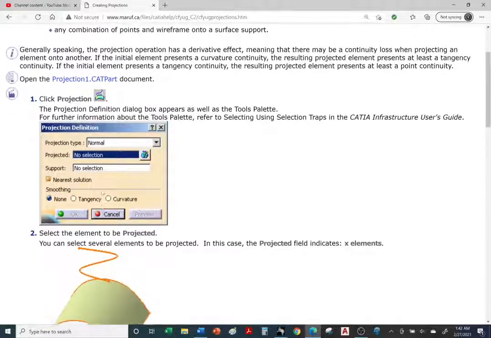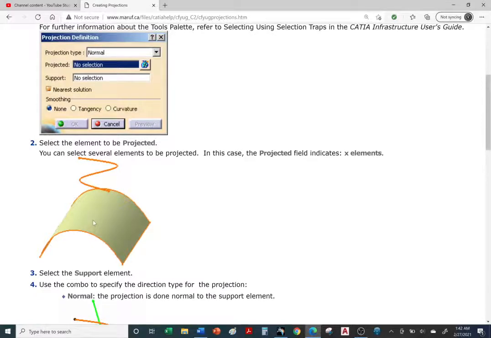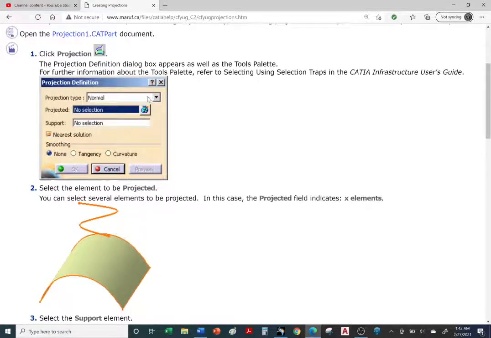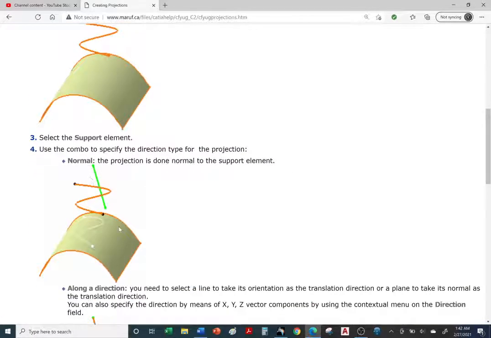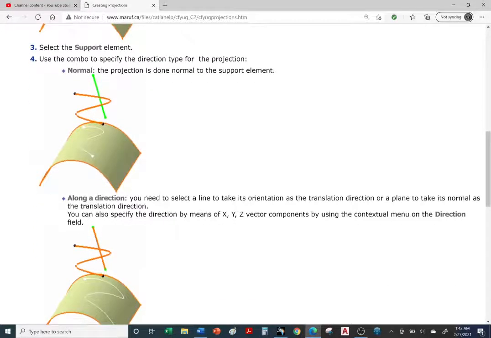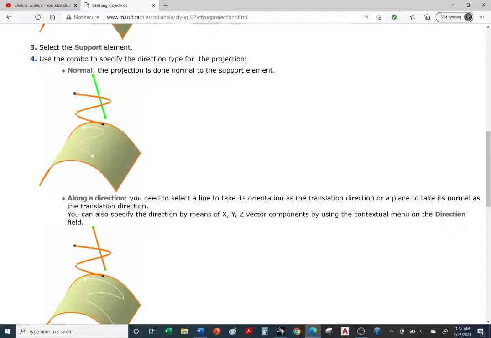Okay, so we're going to take one of these lines and project it onto a surface. And most of the time you're going to project normal, perpendicular to the surface. And there's also an option to go with respect to a direction. Okay, so let's go ahead and look at the different types of projections, normal versus along a direction. All right, so